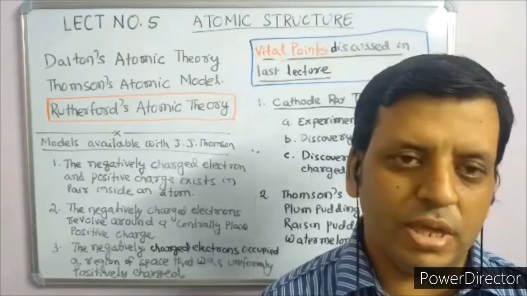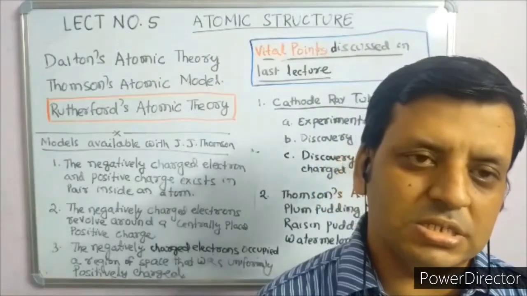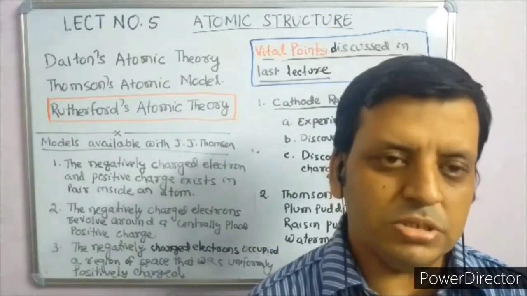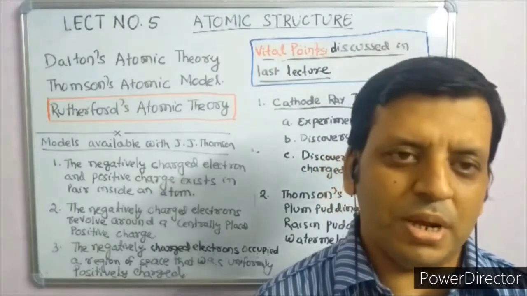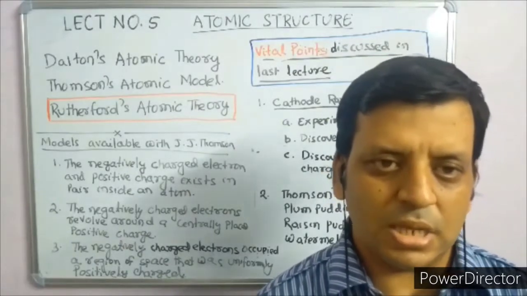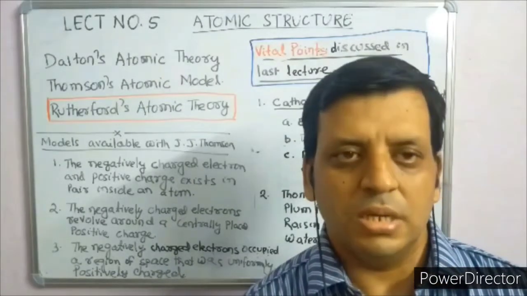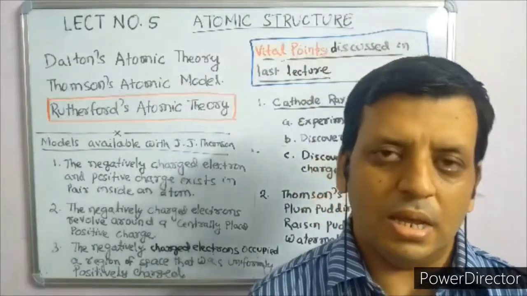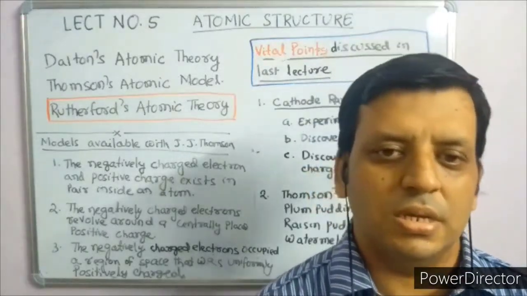In our lecture number 4, we came across an experiment conducted and a theory proposed by the scientist J.J. Thomson. In the experimental setup, he used a glass tube from which air was evacuated. The glass tube contained two terminals, anode and cathode, two deflecting plates and a phosphor screen. In that experiment, we could see that the electron was discovered. The negatively charged particle electron was discovered, and he could see that there are also some positively charged particles present.